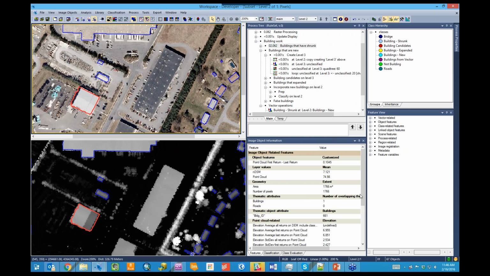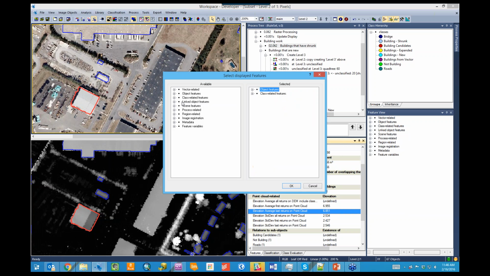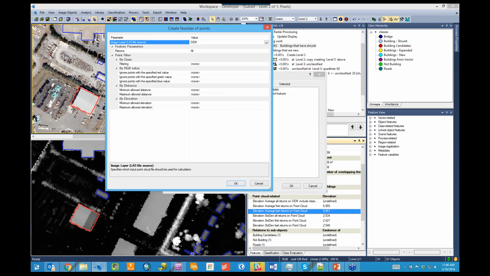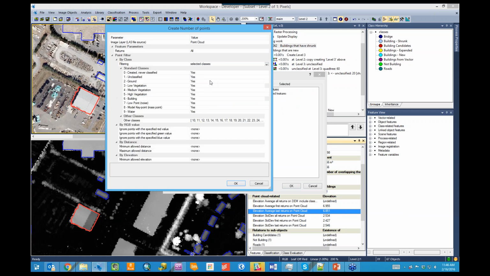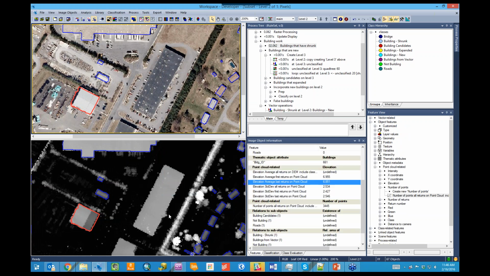Here, I think I've got a. I can go here and select features to display, and so what you can do here is go to object features, you can go to point cloud features, and then you could grab the number of points, for example. You can grab the number of points from your point cloud from all returns, and then you can filter by selected classes. So maybe I would like to see the number of points in every single class but ground, okay? So I want to see the number of points for that, and then we can scroll down here, and here you can see this building has